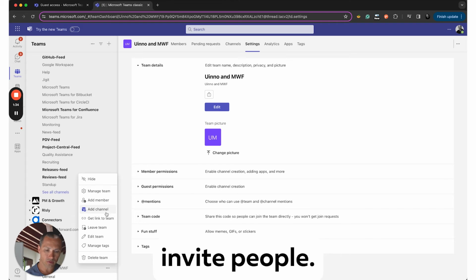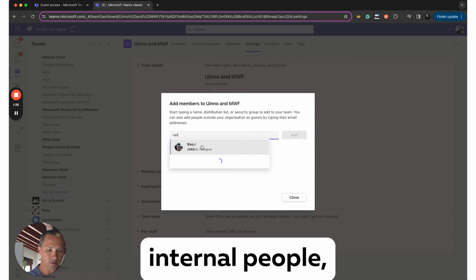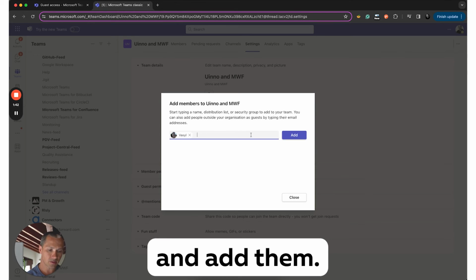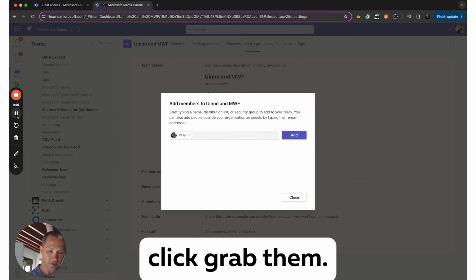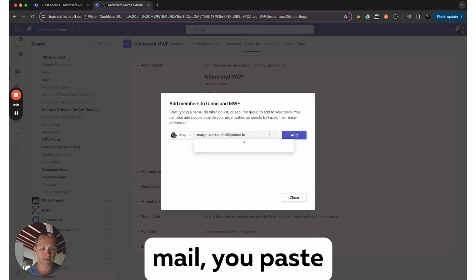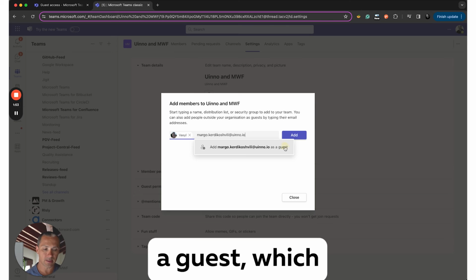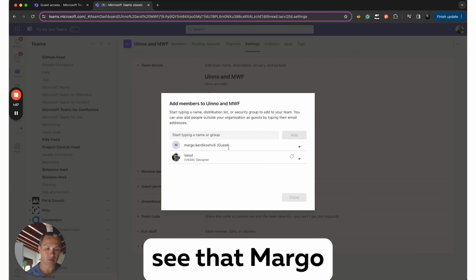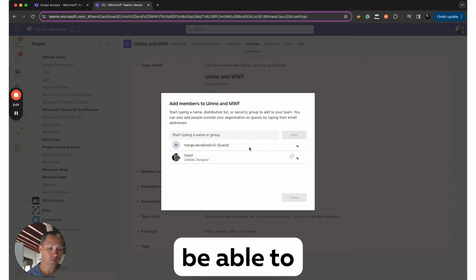And now we want to invite people. We want to add members. And here, if your people are internal people, you will just type the name and add them like here, or you can paste a name. Let me quickly grab it. So you can also invite people by email. You paste an email, and as you see, it will show that Margot will join you as a guest, which is pretty cool. So we click add, and that's it. You see that Margot will eventually receive an email with an invitation,